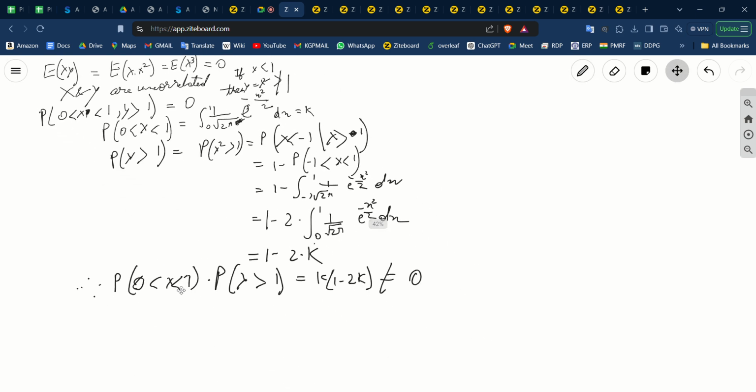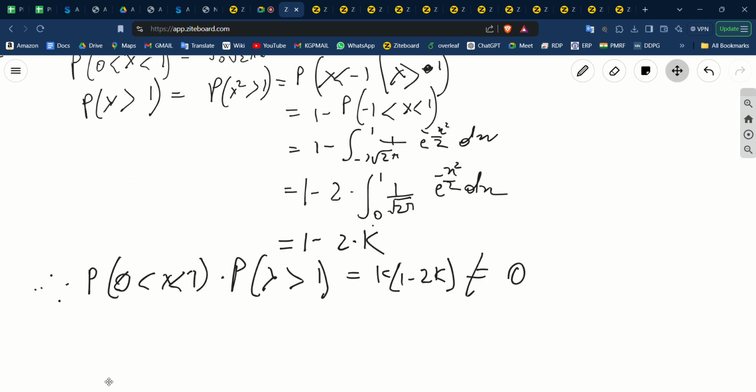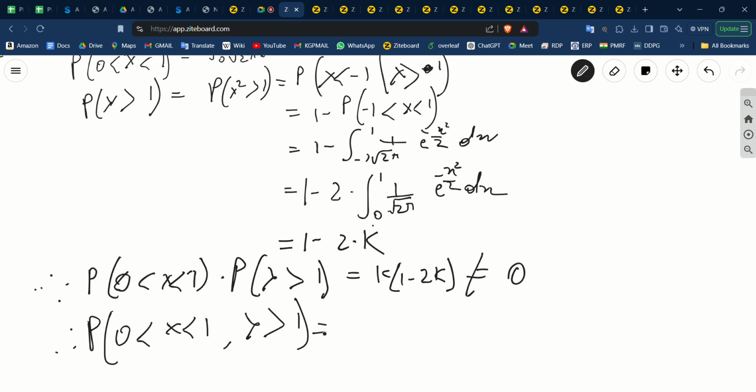Therefore, the probability of occurrence of 0 less than x less than 1 and y greater than 1 is not equal to